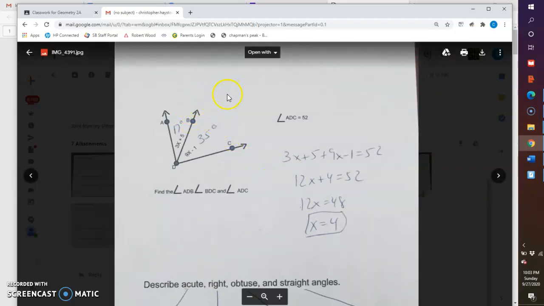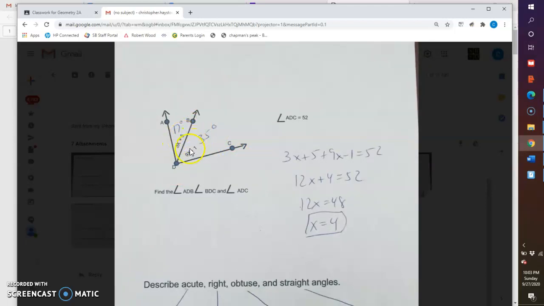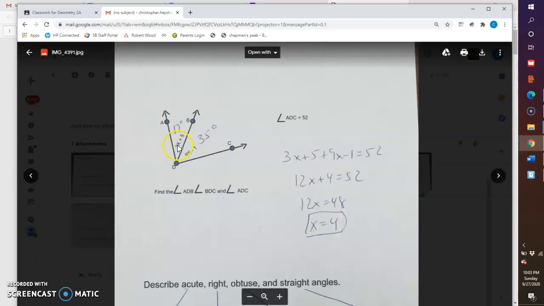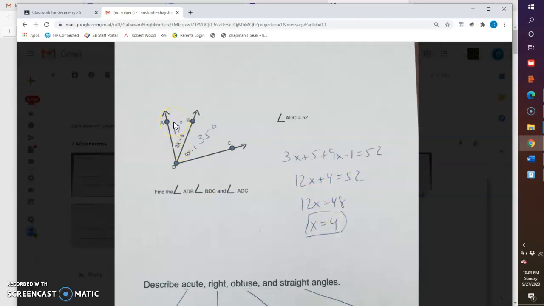Here's the angle addition postulate. You don't know DB is a bisector, so you can only add these two together and set them equal to the whole angle. So 3x plus 5 plus 9x minus 1 equals the whole angle of 52. Algebraically, 12x plus 4 equals 52, and through algebra, we get x equals 4. If you plug that back in, angle ADB is 17, angle BDC is 35, and